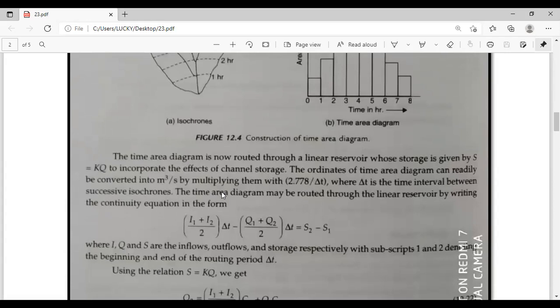The ordinates of the time-area diagram can readily be converted into meters cube per second by multiplying them by 2.778 by delta t, where delta t is the time interval between successive isochrones. The time-area diagram may be routed through the linear reservoir by writing the continuity equation in the form